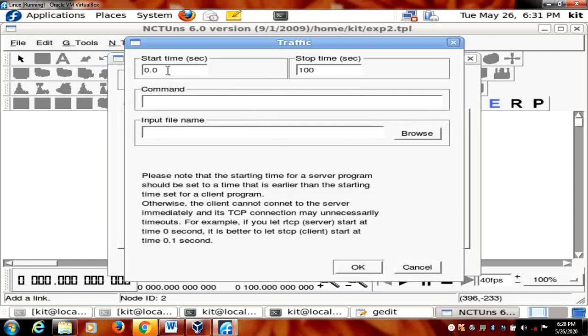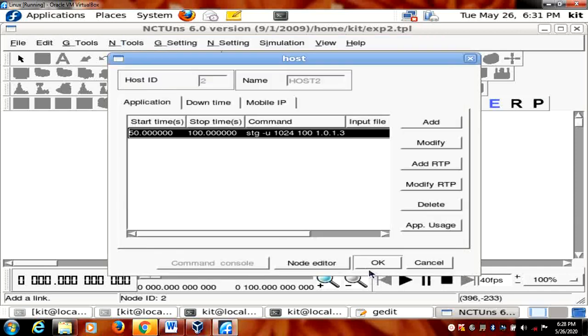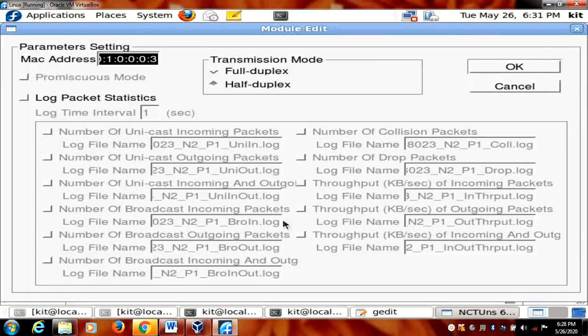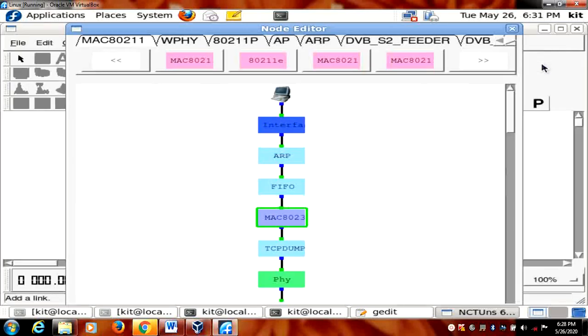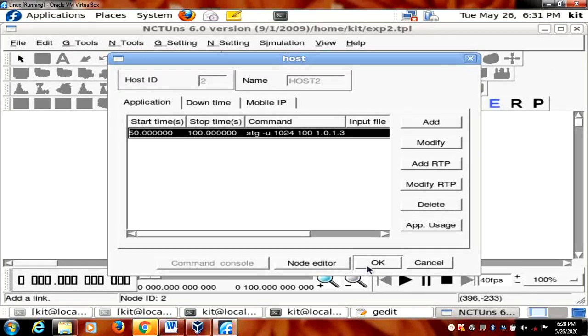Here I want to give a start time should be 50 and command what I want to use, stg space minus u space 1024 space minus 1024 space 100, that is the timings I have given, 1.0.1.3. Okay, go for OK, go for node editor, MAC 8023 log packet statistics. This is also outgoing packet, OK, and this is also OK, and this is also.